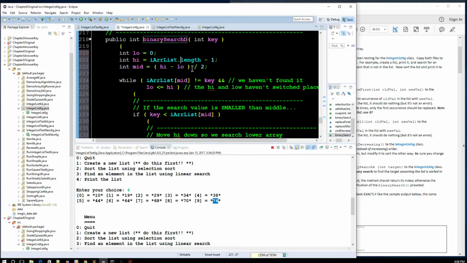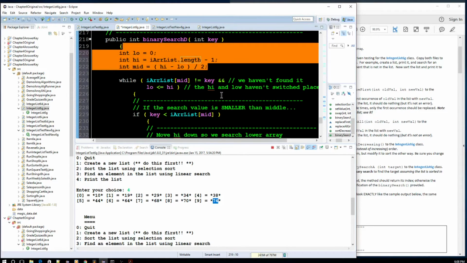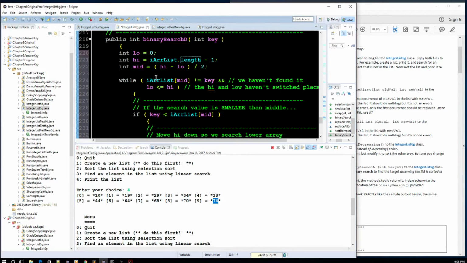So let's take a look at this. We have 3 different placeholders. Again, look at the other video to explain how the binary search works. But in the video we have 3 different placeholders: low, high, and mid. Essentially what we're doing here is looking for a key in the array, and